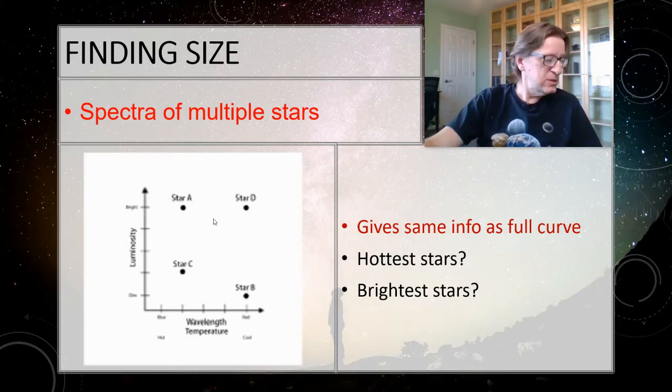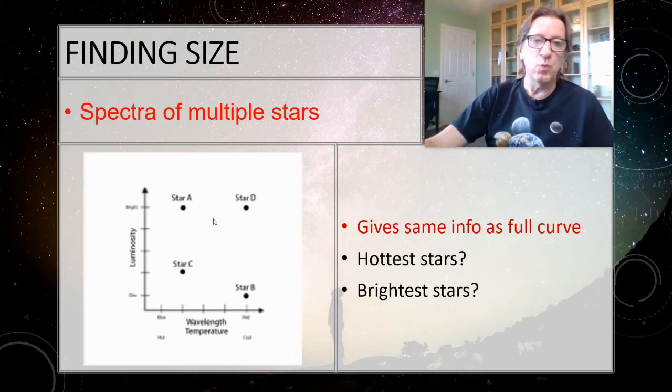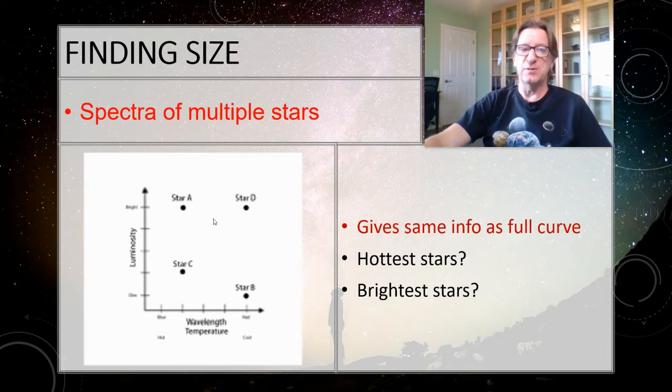Looking at your graph then, we want you to label where the hottest stars would be found. Remember that hot is down here, if the temperature is showing you down here. So the hottest stars are going to be the bluest stars. So all of this area, not just down here, but also up here, everywhere in here, are going to be the hottest stars. The coolest stars are going to be right here.